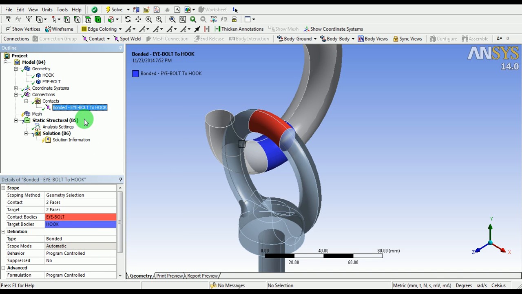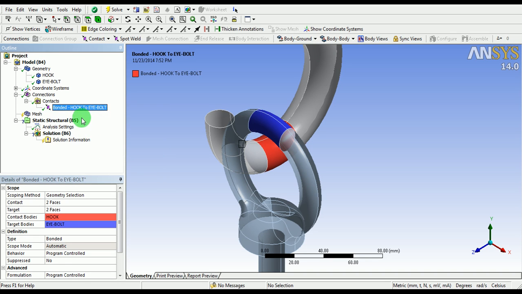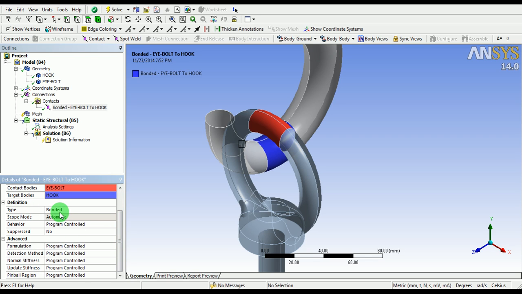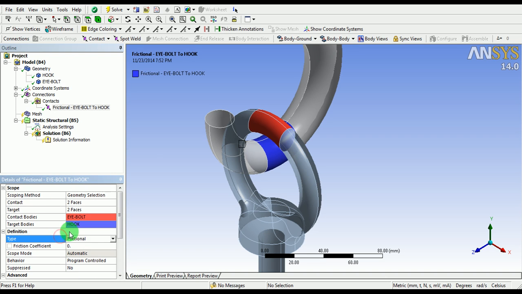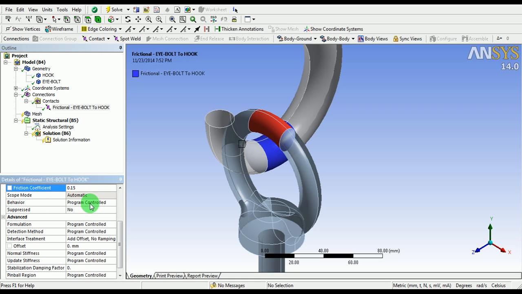Let us keep the crane hook as a target. This means the crane hook will be highlighted in blue color and the eye bolt in red color. Important in this process is that the type of contact between them is a frictional contact. The frictional coefficient is 0.15. This is for the general case. The behavior of this contact is to be symmetric.